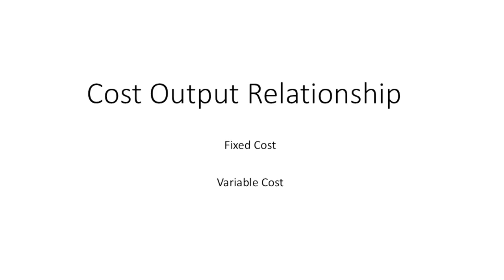Now, if the level of output is increased or decreased, what is the effect on the cost? That is denoted by the cost schedule. It shows the response of the cost to changes in the output. Okay. Now we will see